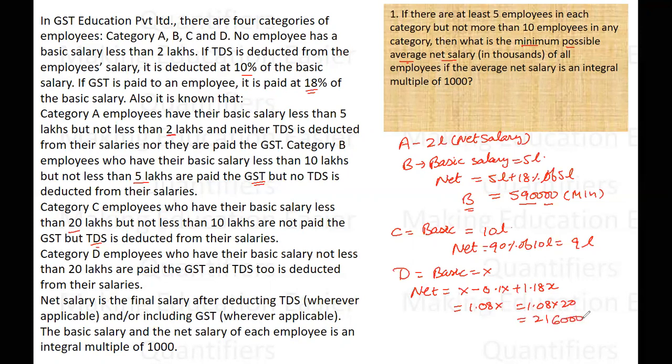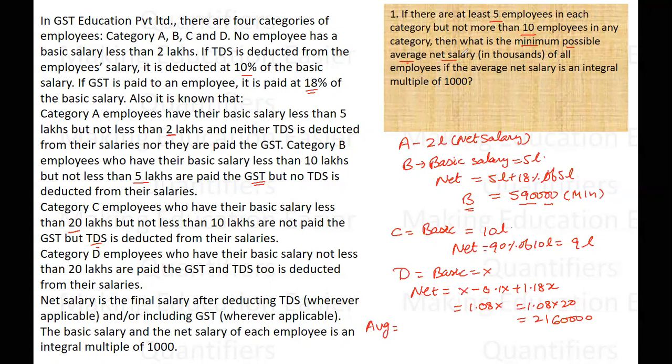So this one is the total salary, or net salary, with the minimum net salary with the employees. D. The question is asking for the minimum possible average. There are at least 5 employees in each category and not more than 10 employees. Now, since we need to find the average, what we will do is take the minimum